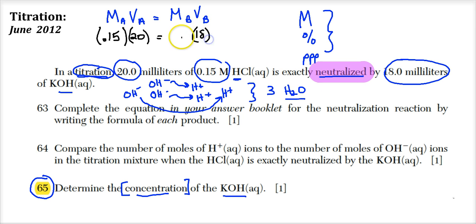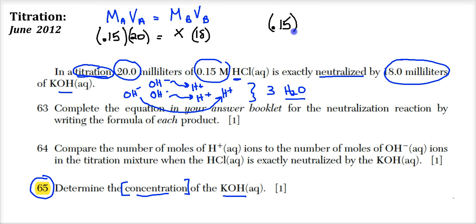How much of my base? And this could be your X if you're comfortable writing the X. So if I am going to solve for this, all I'm doing is dividing by 18, just doing my algebra. 0.15 times 20, divided by 18 equals my molarity of B, which is what we're looking for because concentration is that. Now, of course, if you want to set that equal to X, be my host, no big deal. 0.15 times 20, divided by 18, gives me